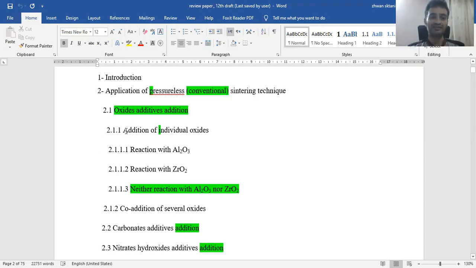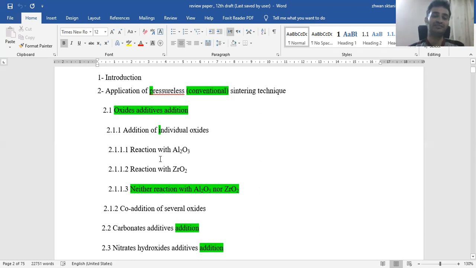So again I had subsections: individual oxide and coaddition. Coaddition means two or more oxides added together. And again, from individual oxide, I found too many research papers, so I divided again, from 2.1.1 became 2.1.1.1, based on reactivity,